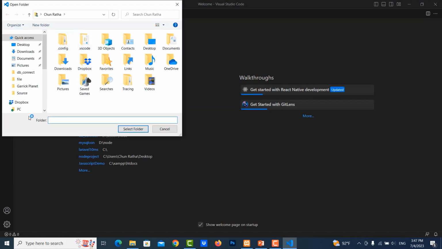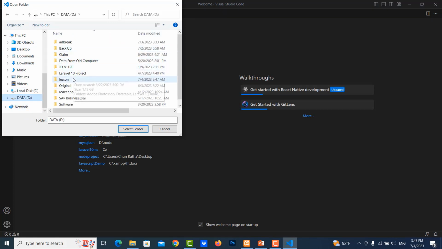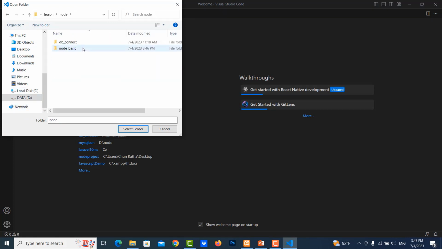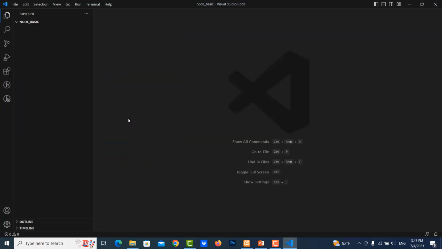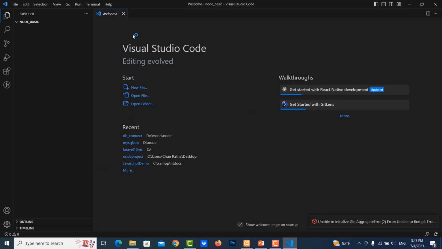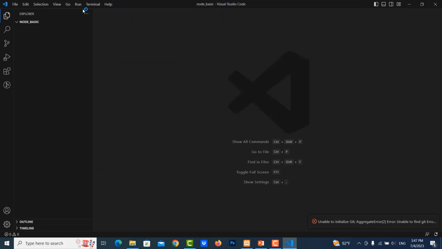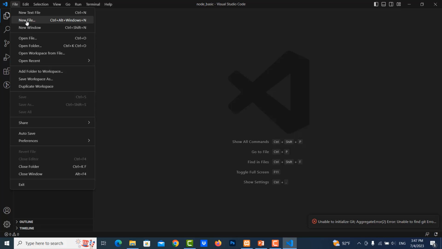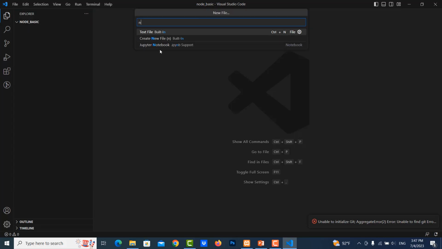We're looking at drive D, lesson notes, Node Basics. And now we create one JS file. The file name is my nodes.js,